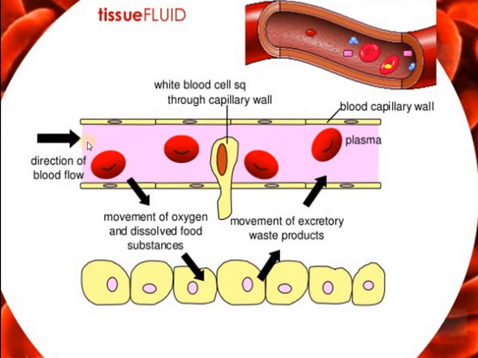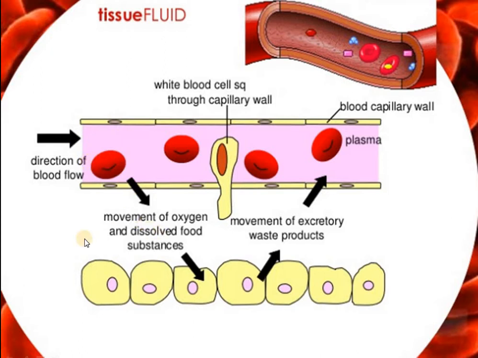So from our previous knowledge of blood pressure, we know that the blood pressure would be higher at the arteriolar end compared to the venular end. So what will happen is that because of the permeability of the capillary and also because of the high blood pressure at the arteriolar end, most of the plasma, which is actually mostly water, and a few WBCs will come out of this permeable wall. This movement of tissue fluid or the plasma is because of the high blood pressure at the arteriolar end.